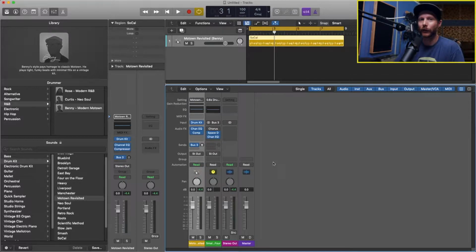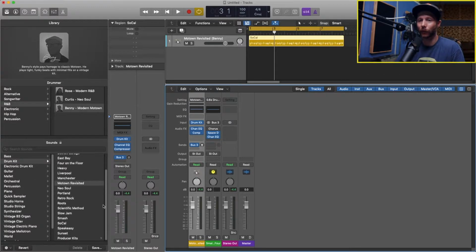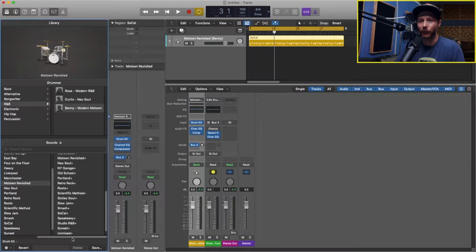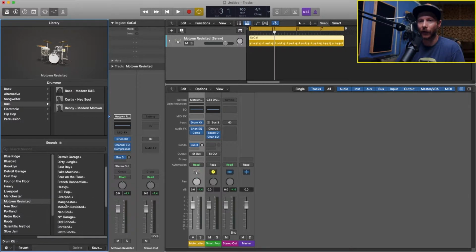So to get to the producer kits, we're going to once again go to our library here. So these are all the different drum kits we can choose. But if we go to the bottom, then we have these producer kits. And you'll notice there's a producer kit for every one of these regular kits. So the Motown Revisited also has a Motown Revisited producer kit with the little plus sign. So now if we select the Motown Revisited producer kit,